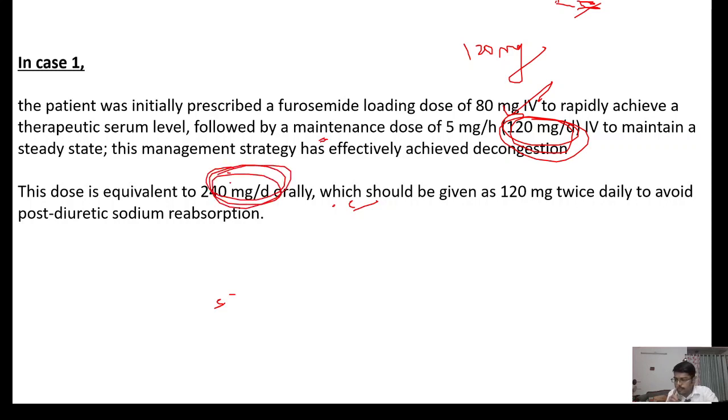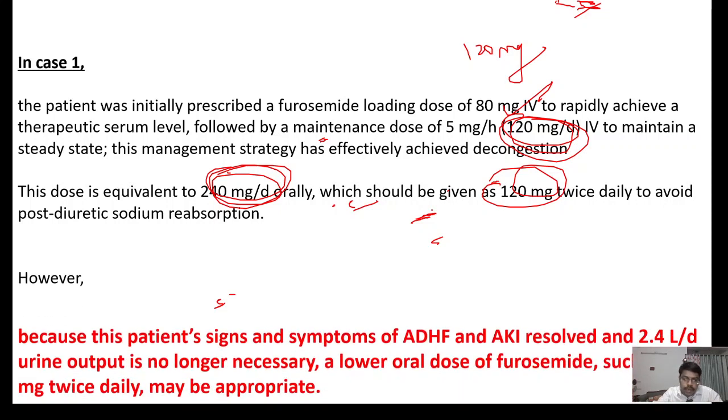If we go as per the theory, instead of giving 240 milligram once daily, if we want to give it twice daily, it is 120 milligram twice daily. Why do we have to give it as a BD dose? To avoid post-diuretic sodium resorption. If you give a high dose, a rebound sodium reabsorption occurs. So to avoid that, we give it as a BD dose. So in the case we have discussed, 120 milligram will be converted into 240. Instead of giving it as a single dose, I will give 120 milligram twice daily. But